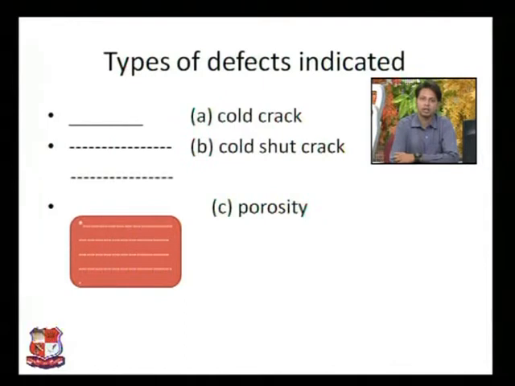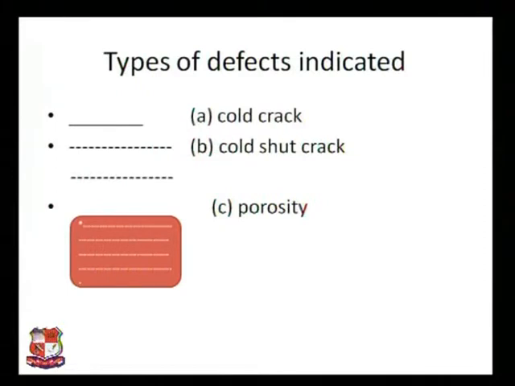And in the same manner, if porosity is present on that material, or if the material is porous, then it could look like in the picture. So these are the basic steps in which we can test the material. The first one is the cleaning of the surface. The second one is application of dye penetrants. The third one is cleaning of excess penetrant. The fourth one is to apply developer, and the fifth one is inspection.